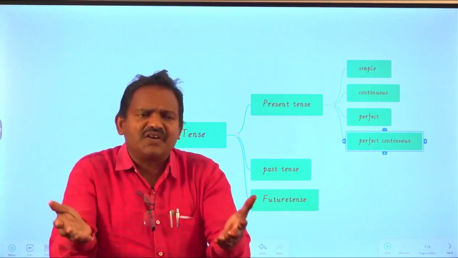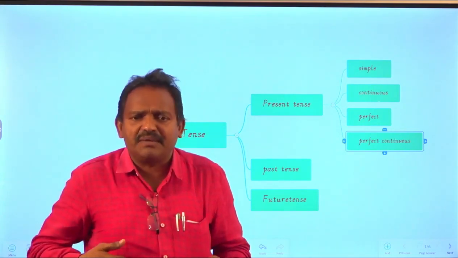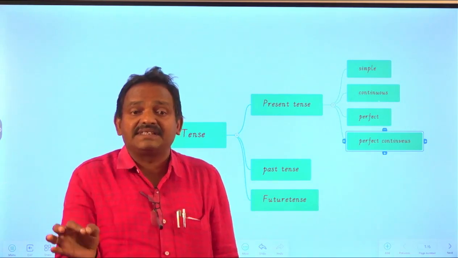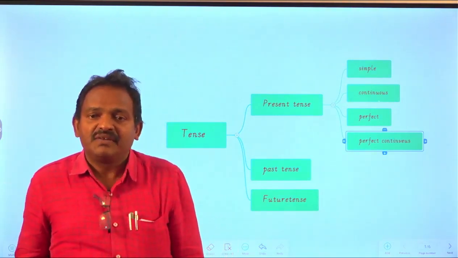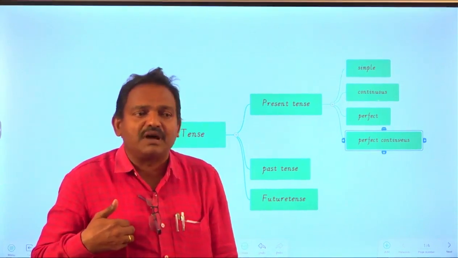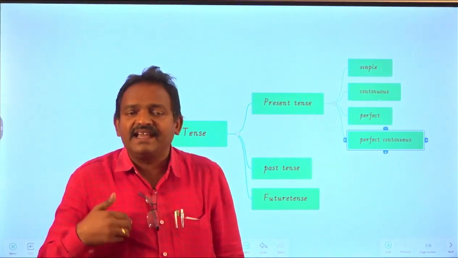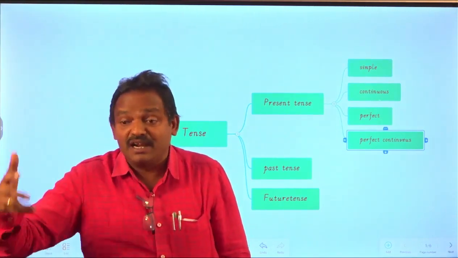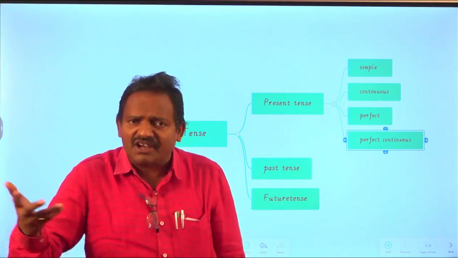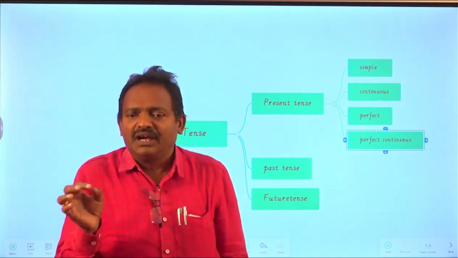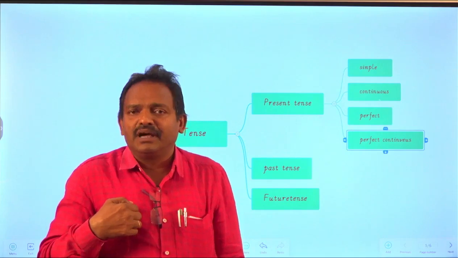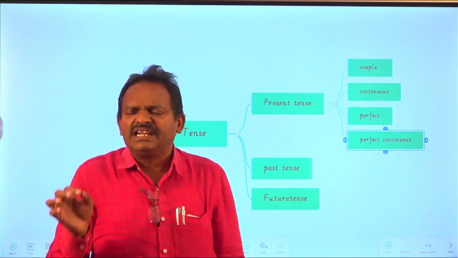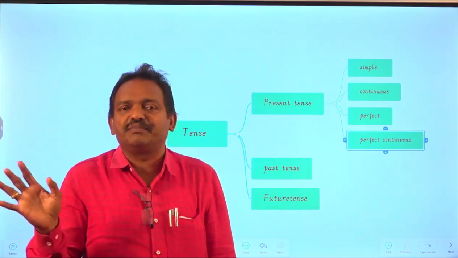Uses of the simple present tense: simple present tense is used for habitual actions. You have some habits. I have some habits. Everyone's habitual actions, like me and you, are always expressed in simple present tense. For example, I have a habit to read the Mahabharata every morning. I say, "I read the Mahabharata every morning." You have the habit to wake up early in the morning at 5 o'clock. Your habit is also expressed in the simple present: "I wake up by 5 o'clock every morning." Every habitual action can definitely be expressed in simple present tense.